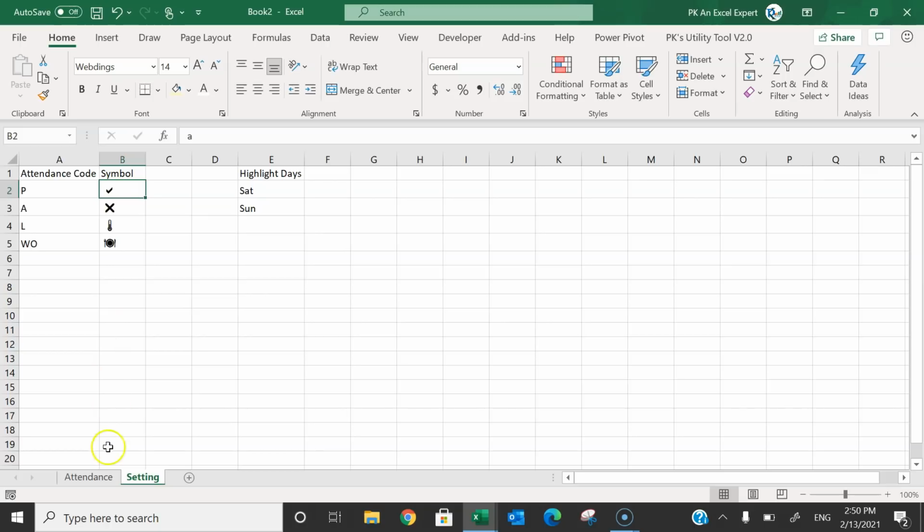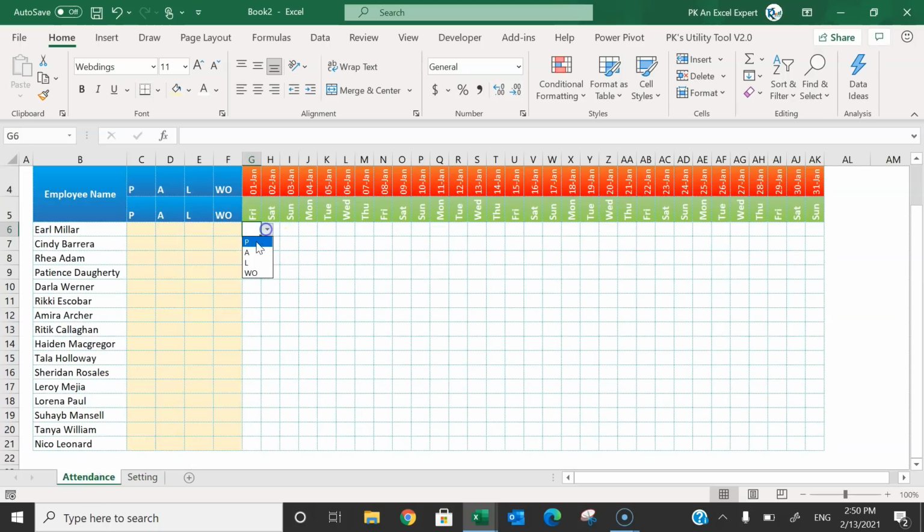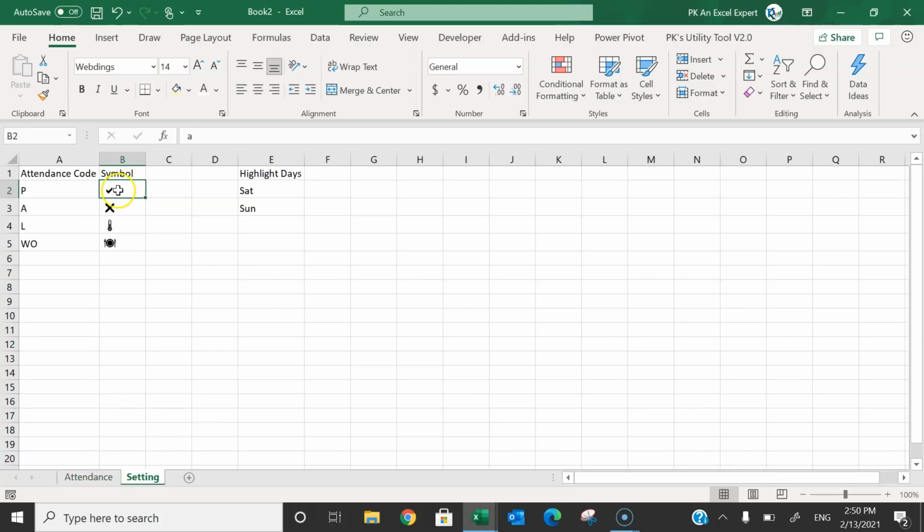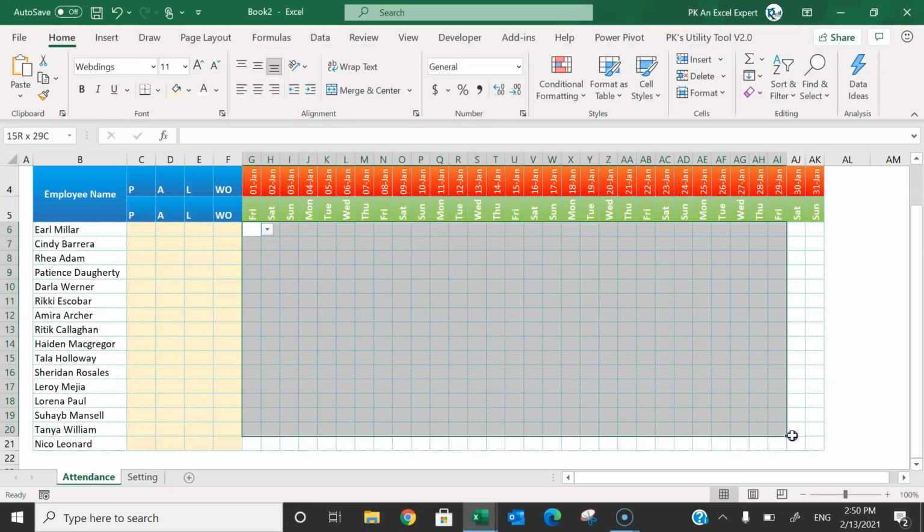For P it should be this check sign. So if I mark P here, it is some other symbol. So what we will do is go to the settings sheet. For P, we will copy this text, this one, copy, and then go to the attendance sheet and select this range,